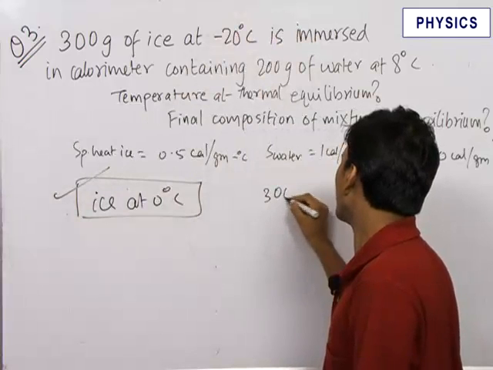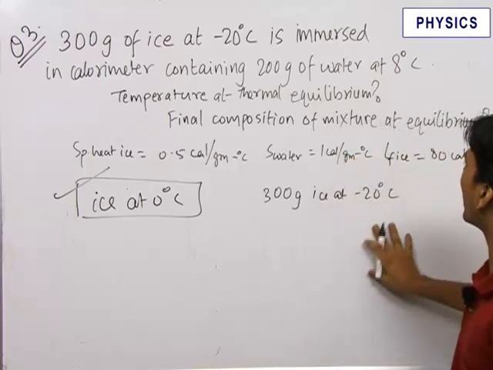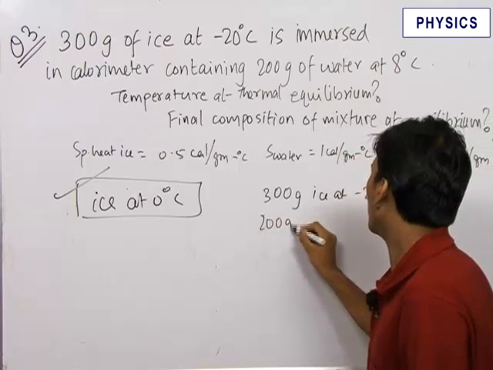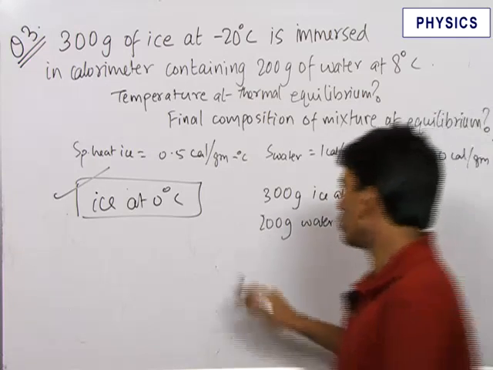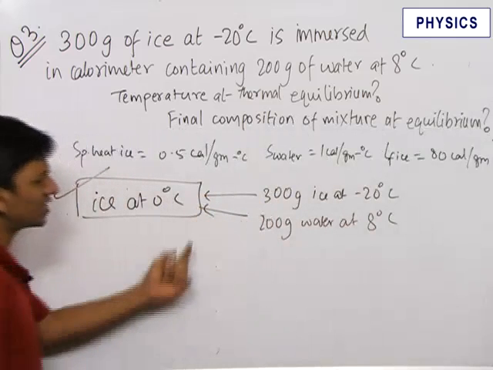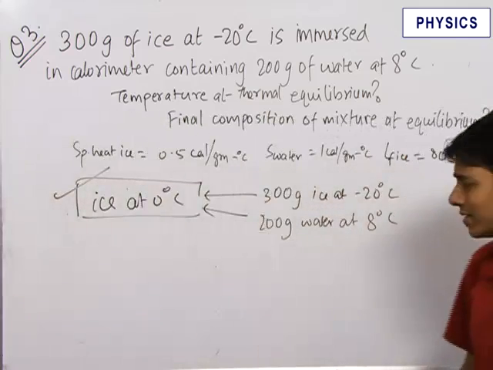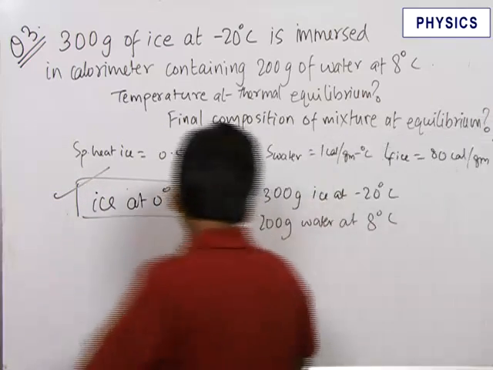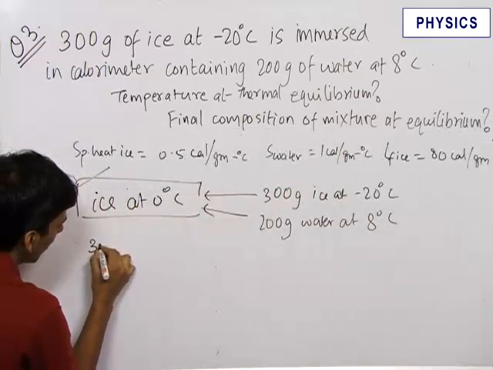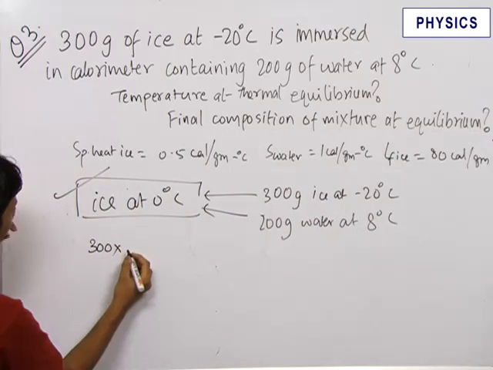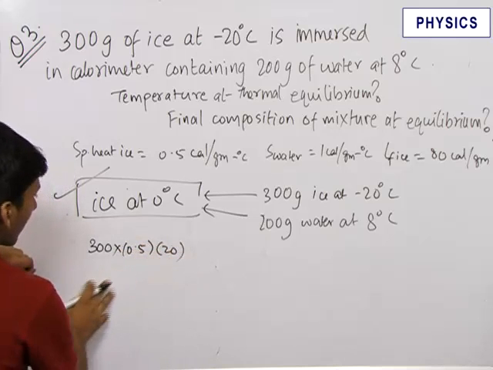So what are the things we have? We have 300 gram of ice at minus 20 degrees Celsius, and we also have 200 gram of water at 8 degrees Celsius. So you bring both these things to this state and you check how much heat is involved in this process. First let us take the case of 300 gram of ice at minus 20 degrees Celsius. To bring it to ice at 0 degrees Celsius, 300 into specific heat of ice, that is 0.5, into 20,